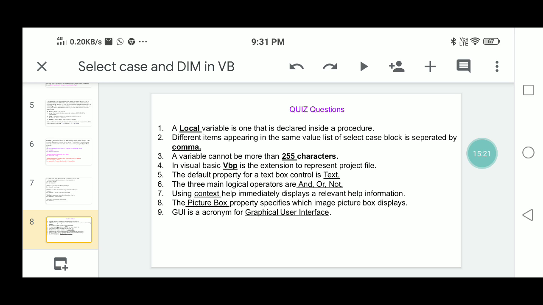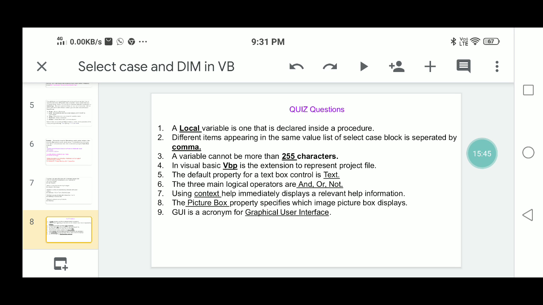In Visual Basic, VBP is the extension that represents a project file. The default property for a text box control is Text. The three main logical operators are AND, OR, NOT.